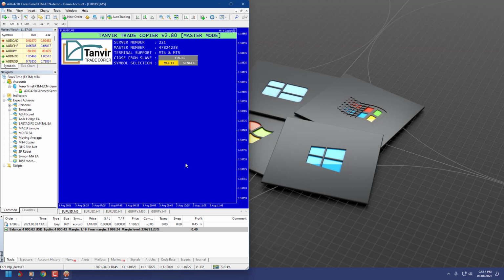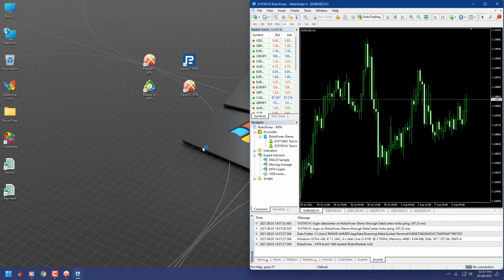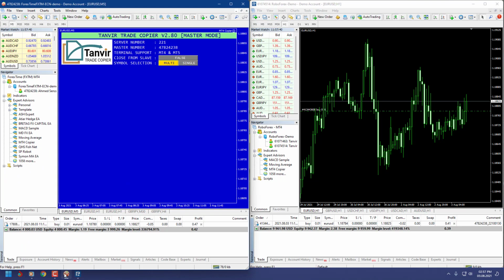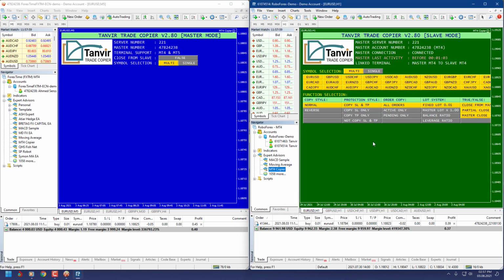Then you need to run the slave terminal and set the copier into the chart. Otherwise, orders may be copied or closed in the wrong way.